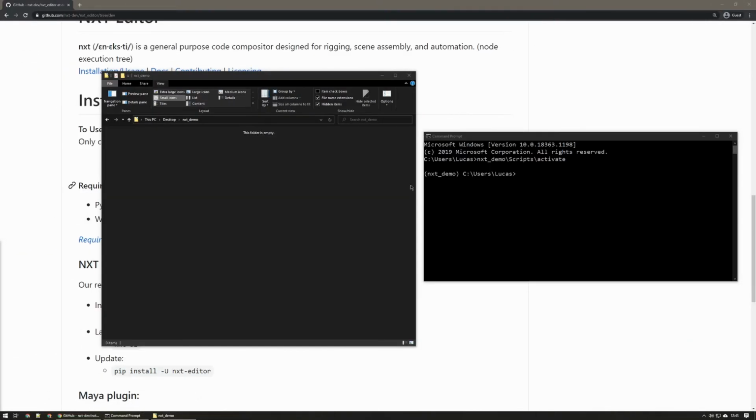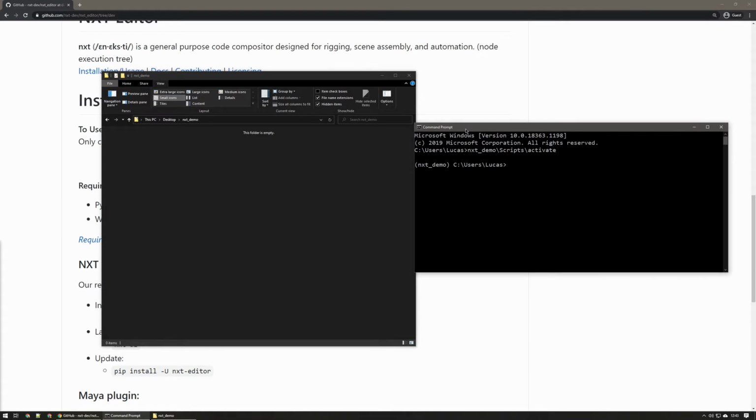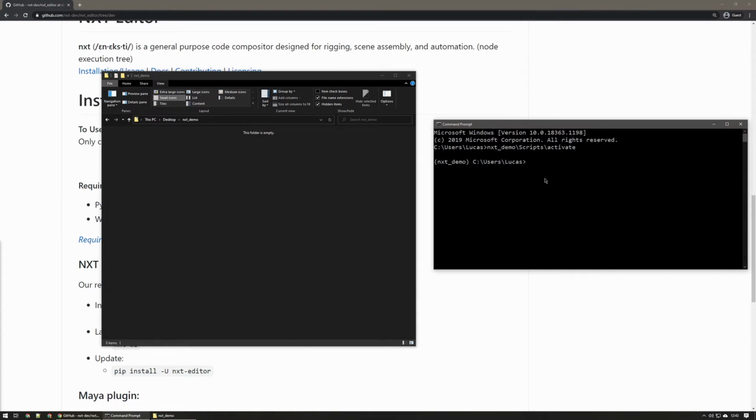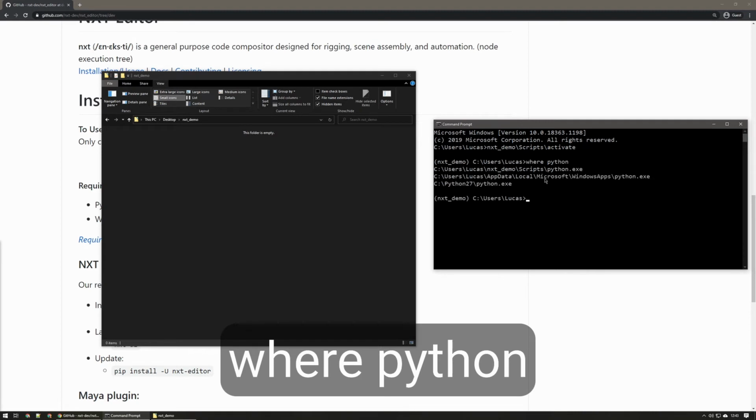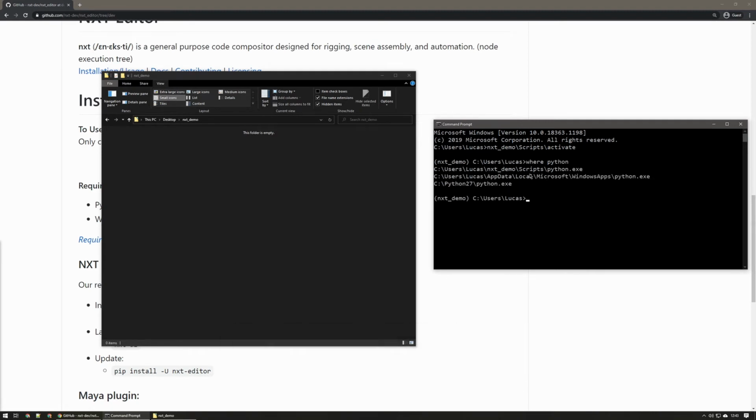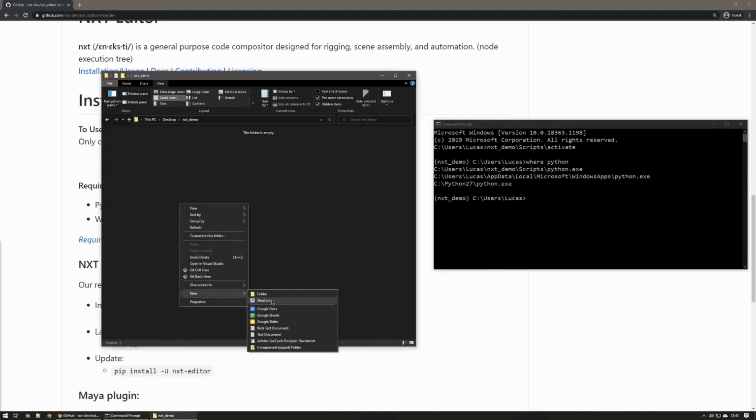One quick thing I want to cover if you're on Windows. If you want to set up a shortcut so that you can just launch NXT without opening up your virtual environment, inside your virtual environment here, you can say where python. That will show you a few places that you have Python installed. You really just want to focus on the one that's in that virtual environment, so you can see the names match here. So we'll just take that one, copy it out,